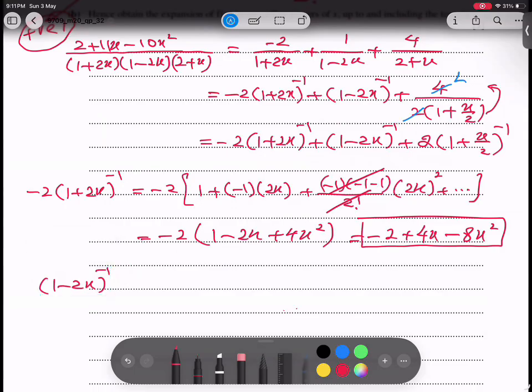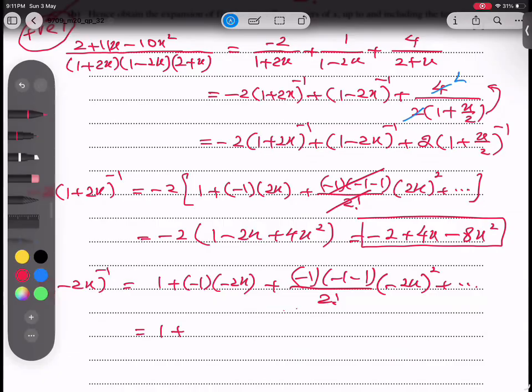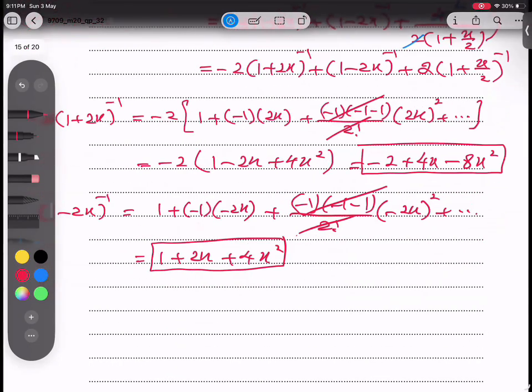Okay. So I'm applying 1 plus nb. n is minus 1, b is negative 2x. And n into n minus 1 over 2 factorial into square of negative 2x. And then I can go for 1 plus 2x, this cancels out, and plus 4x to power 2. Second part done also. Okay, now students, lastly,